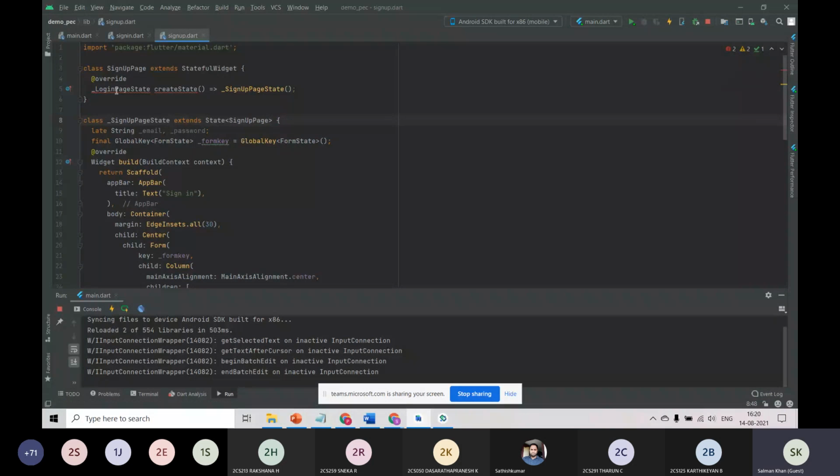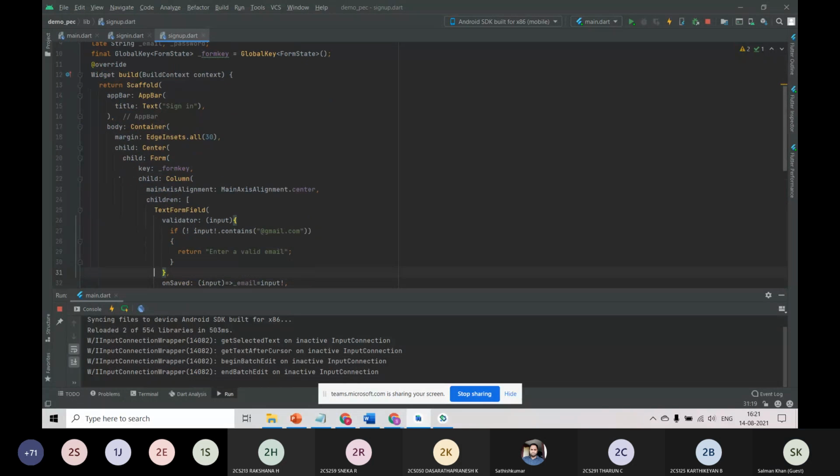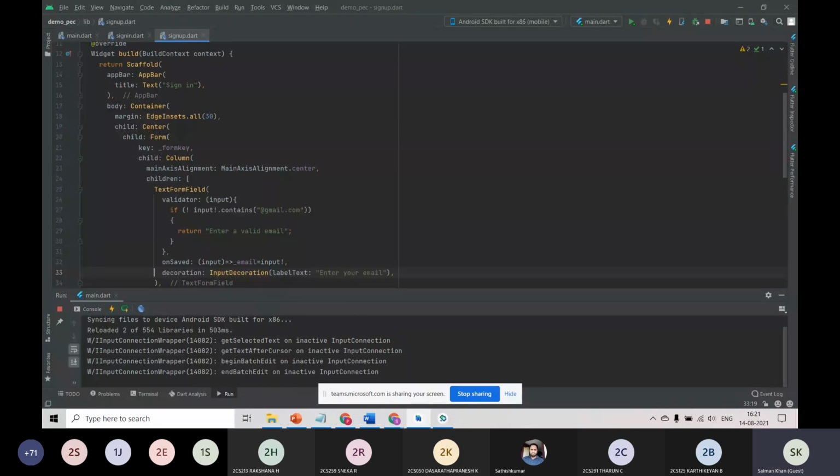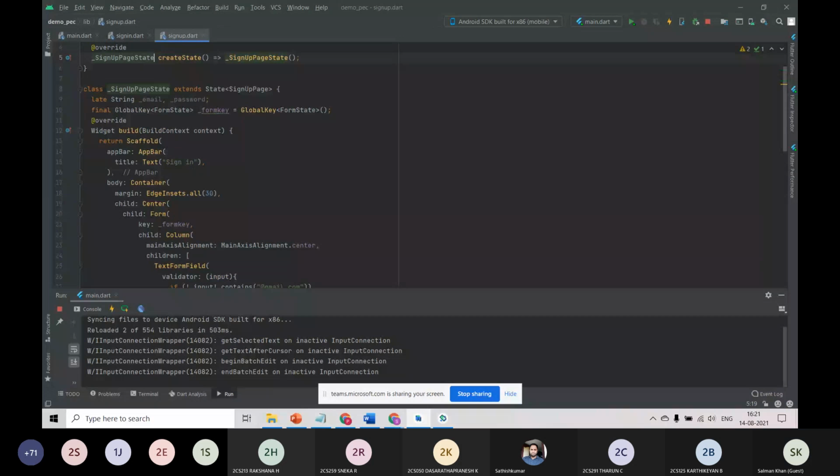And here it should be sign up. And here we can enter an additional attribute called username.